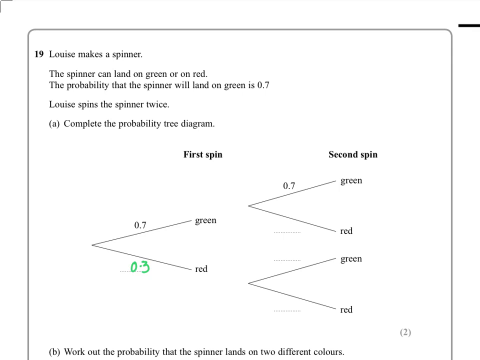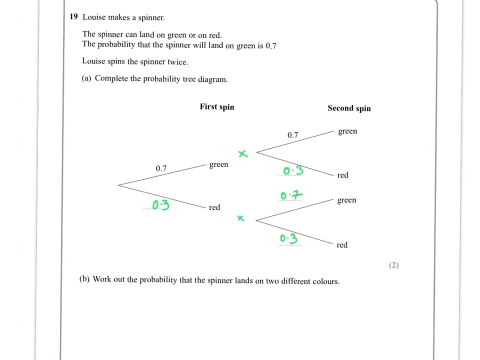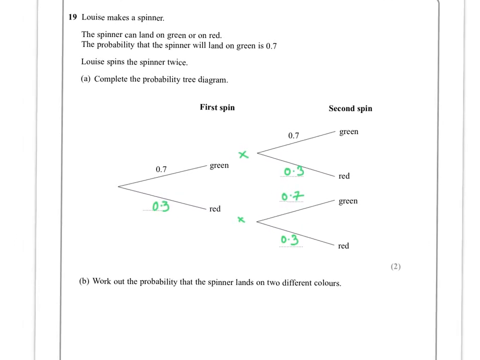Well, it's always going to be 0.7 for green and 0.3 for red. So that's easy enough. Now, I do have a little video somewhere about why you multiply at these junctures here, and I'll put a link on here if I remember. So we want to complete the tree diagram. Well, we've done that, and then we want to